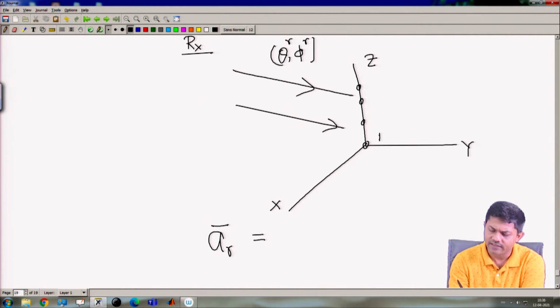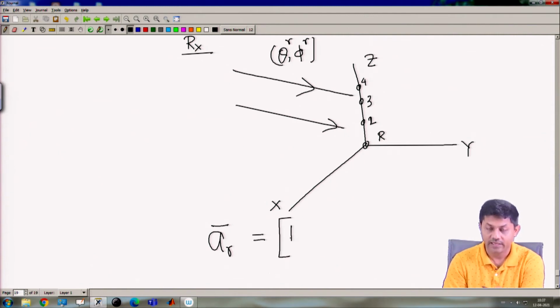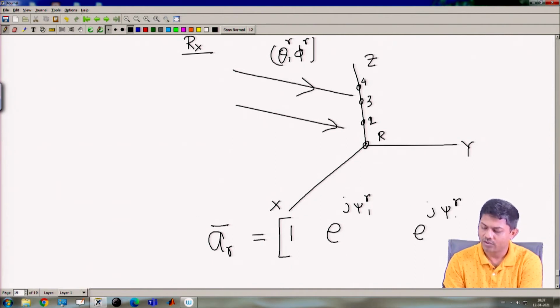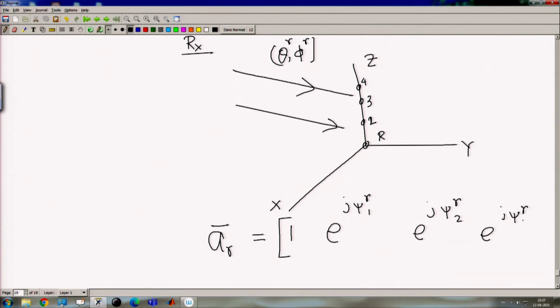So, let us say this is my reference point, this is my first antenna, this is my first reference antenna, this is the second antenna, and probably this is my third antenna, this is my fourth antenna. Okay. How will the AR be constructed? The first antenna will be again 1, the second antenna let us call it xi r1, e to the power j xi r2. I hope this does not require much explanation of how you can find out each and individual xi. So, how do you find out?